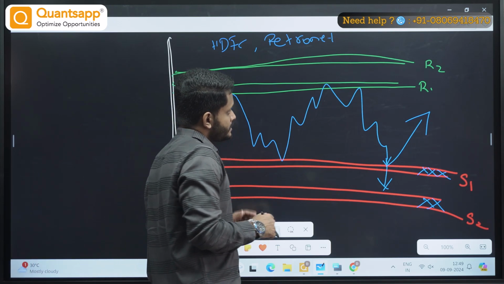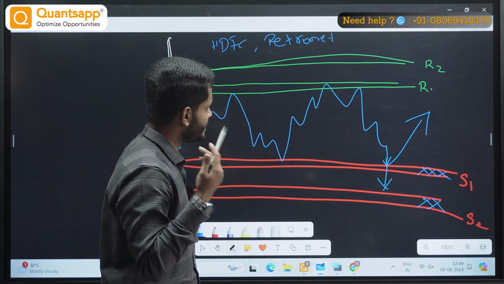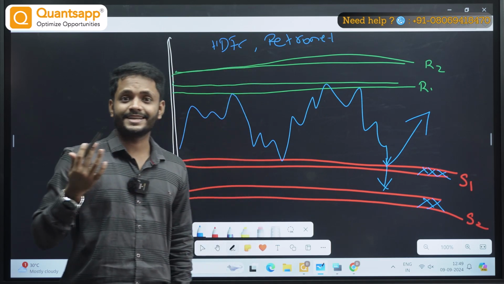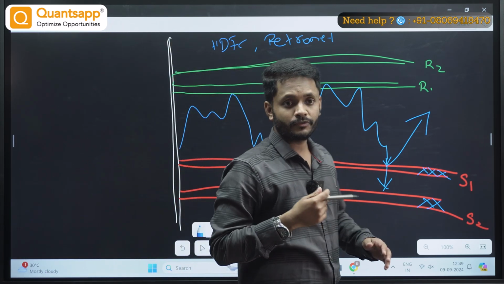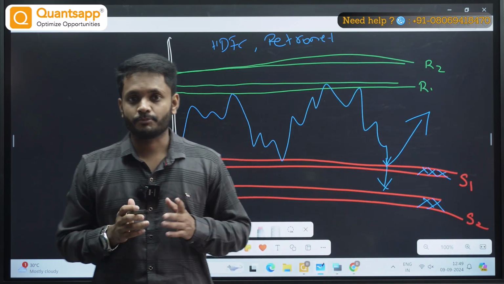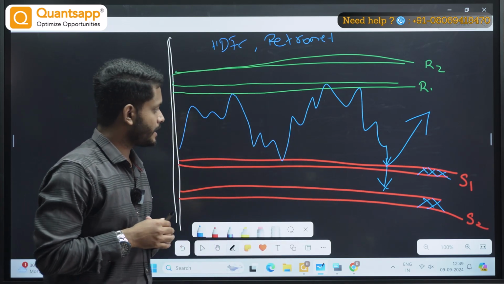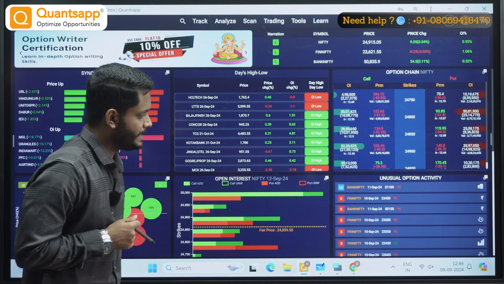Now say for example, if a stock is trading near to its support level, there are two possibilities, as I explained. Similarly, if a stock is trading near to its highest resistance level and the call writers are unwinding, there is a possibility of a swift up move. Or else, instead of unwinding, if the call writers are confident and adding more, there is a possibility that we can see a reversal. Simple, correct? Now let us get into the application.